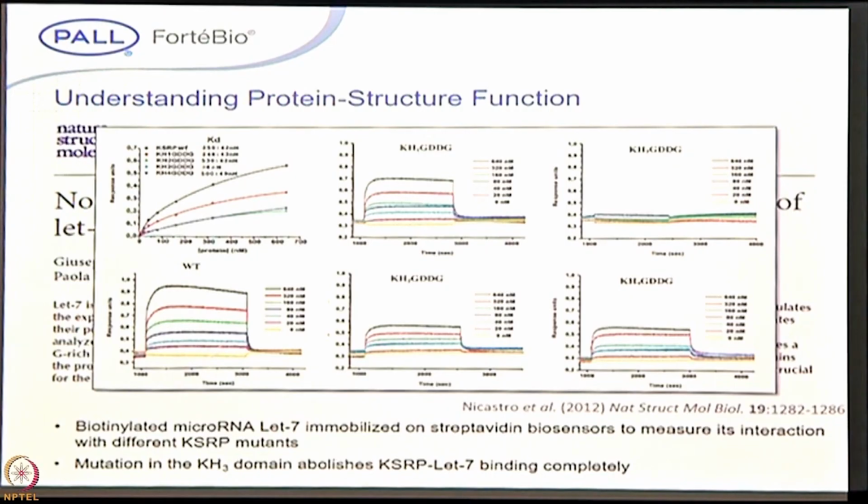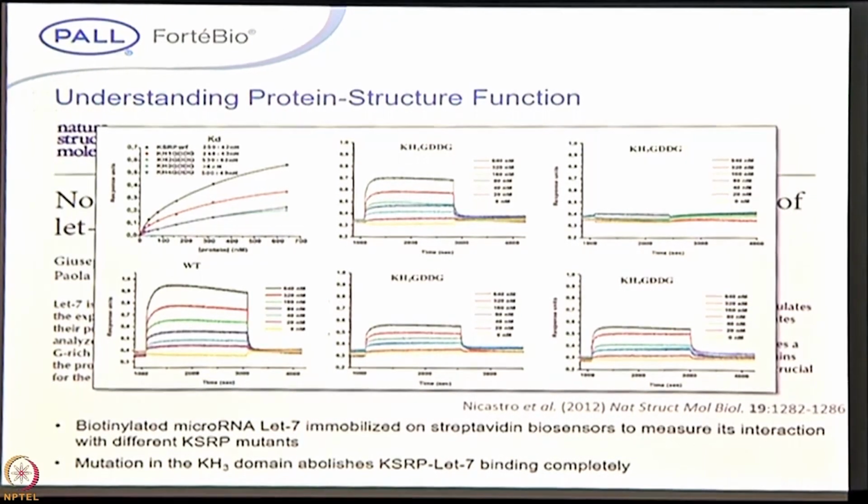With the wild type, he showed that KSRP is binding. Among the 4 domains, if he mutated KH3, it is not showing binding. So using this, he concluded that the KH3 domain is one of the important parameters for the binding of the KSRP protein to LET7. So it is one of the important